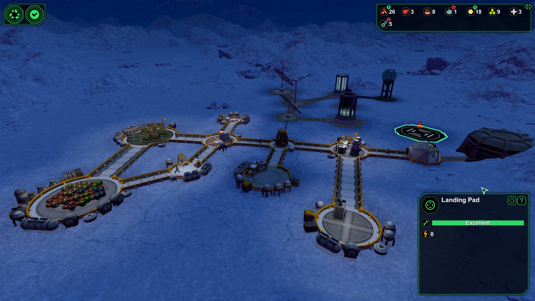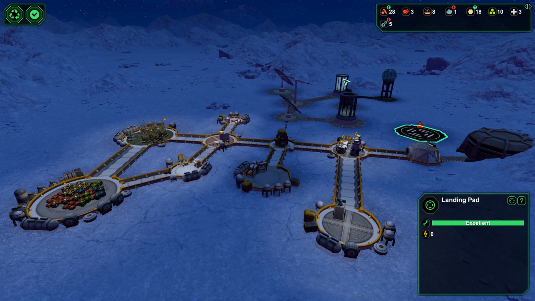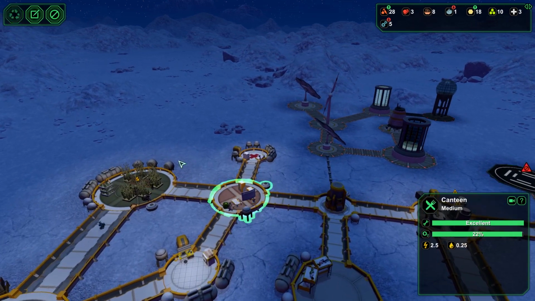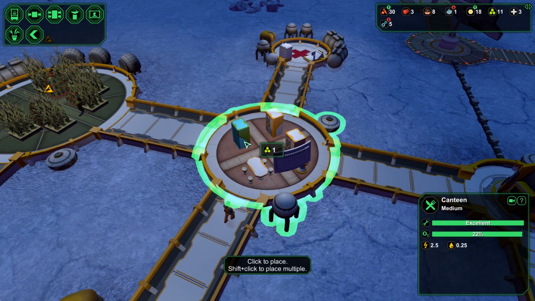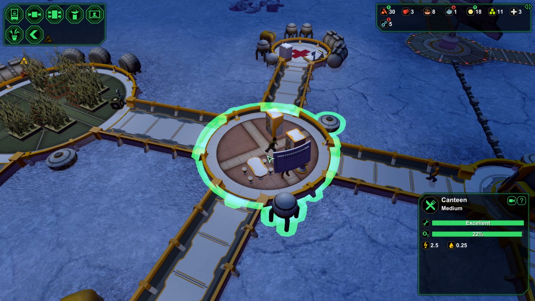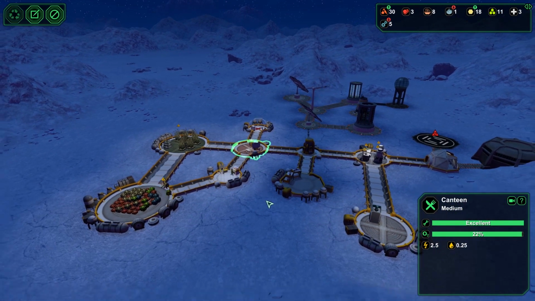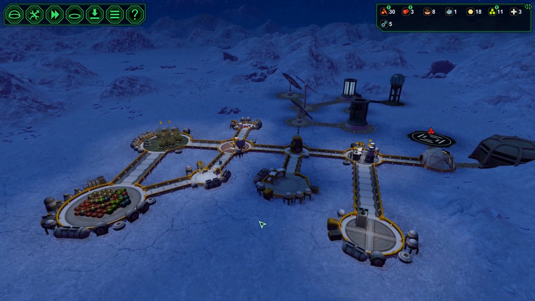Now, I am tempted to go back to here, turn the colonists back on, and get a couple more biologists in. I think we'll have enough to support some more biologists, especially if we go and put in another food processor. But I don't think we're going to need that, really. I think we're good here for the moment. It would be nice to be able to knock this off at some later juncture and put a larger one in there, because we don't need the smaller one so much. But those are problems for a later point,